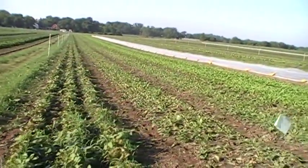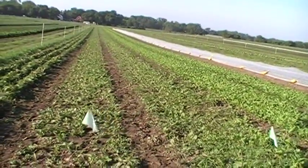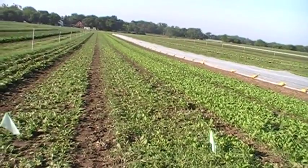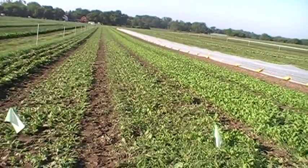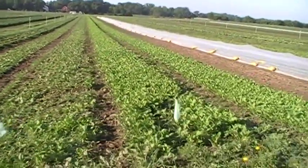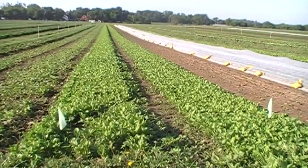And now we're in what we call our greens fields. This was spinach. We gave, I think, 12 ounces of spinach to each shareholder this week. This was a beautiful crop of spinach. And here's some baby chard. It'll be adolescent chard pretty soon. We'll be putting that in the box